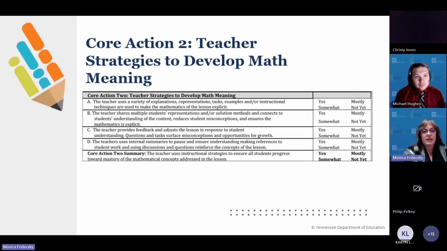And look at D. D kind of builds on C, where it says that the teacher is using internal pauses to ensure that everybody, are you all with me? But it's more than just saying, hey, is everybody with me? Or do we all understand? Do you get it? It's listening for statements that students are making or struggles that students are having, to pause at that moment and say, where are we? Why is this? Who is struggling? And what is the struggle? Because that's worthy of investigation.